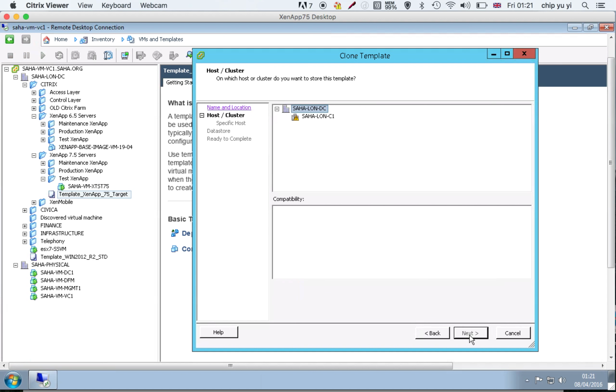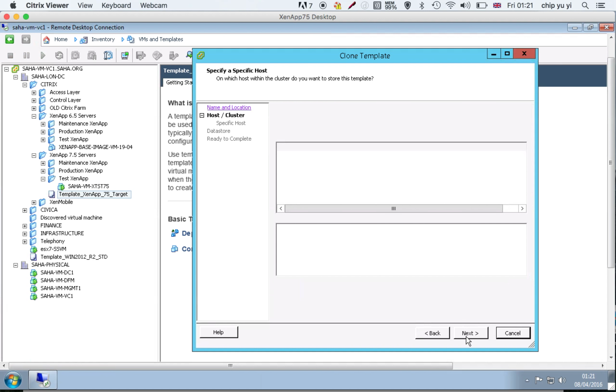So let's go one more step. As you can see, there's nothing showing up here, but when you select the host and the cluster combination, you will see the validation is actually successful, which means you can go to this container. We also have the Saha learn-c2, but it's not compatible with what we created, so let's stick with that for now. Go to next,